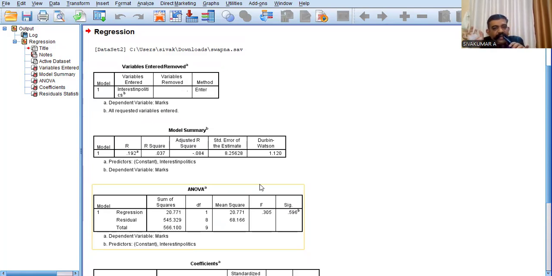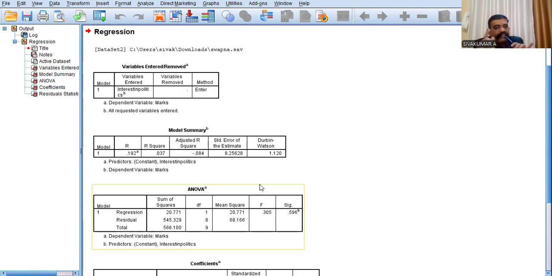If the Durbin-Watson statistic is 2, no problem, there is independence of observation. If the value lies between 1.5 and 2.5, we can accept it, with the excellent, most significant value being 2. Still, we may accept it if the value lies between 1.5 and 2.5. But here the value is only 1.120.